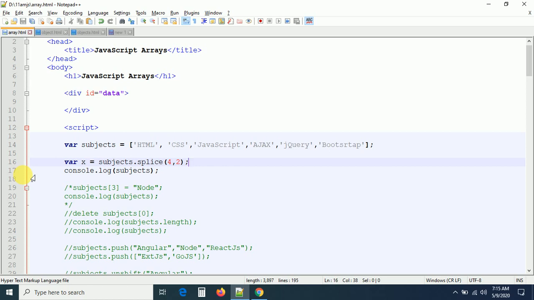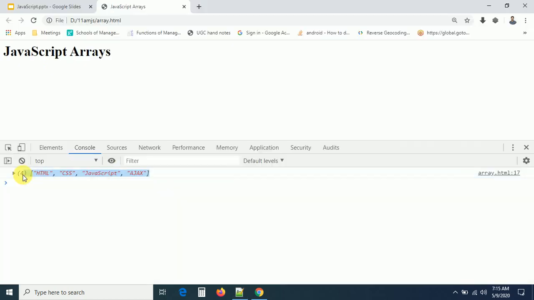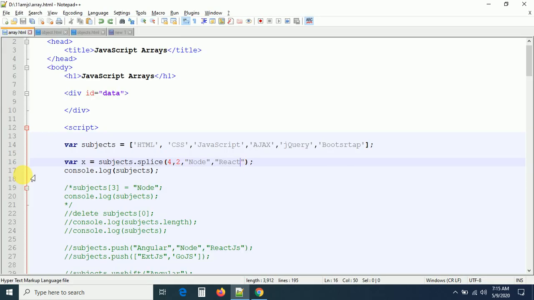If you want to add this, we can add like this. But if you don't want to remove anything, just make this a 0. Here, guys, the first is the position, and the second parameter is the number of elements to be removed. If you want to remove, yes, we can give the number 1, 2, 3. If you want to add, simply make it 0. The second parameter is very important for adding and for removing.